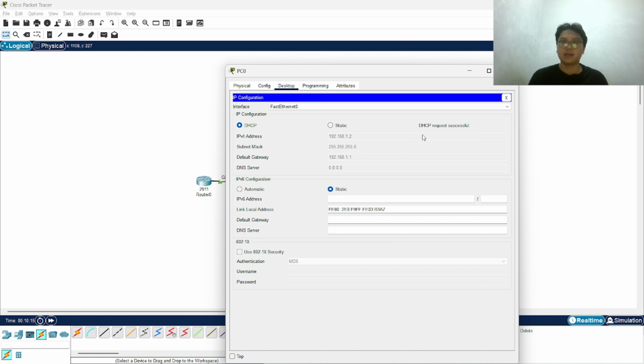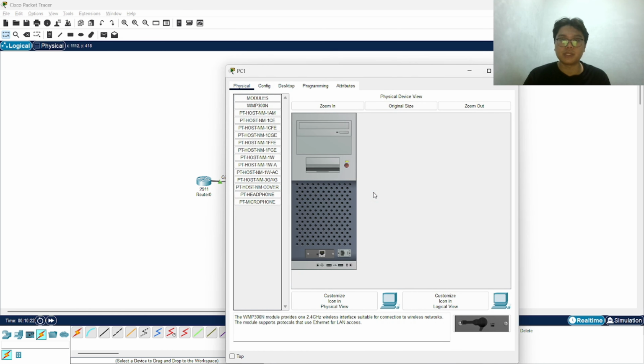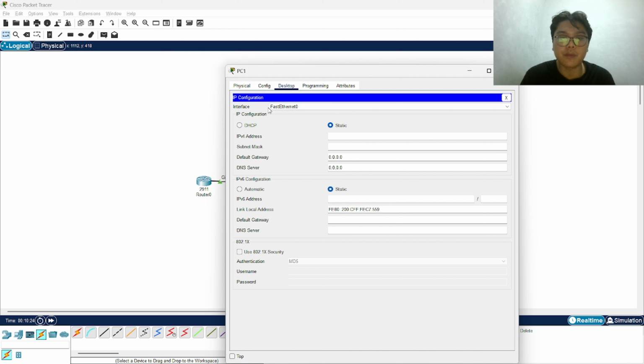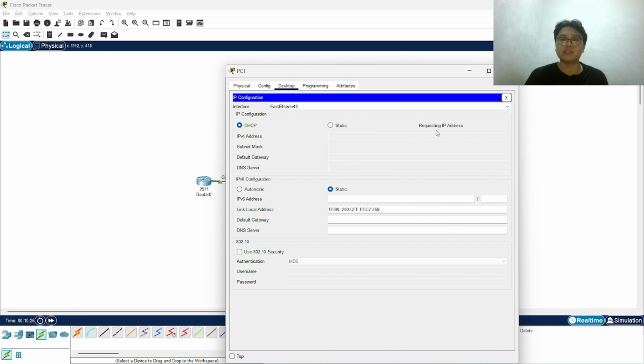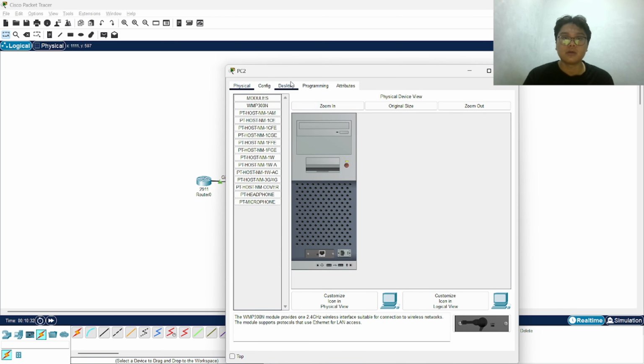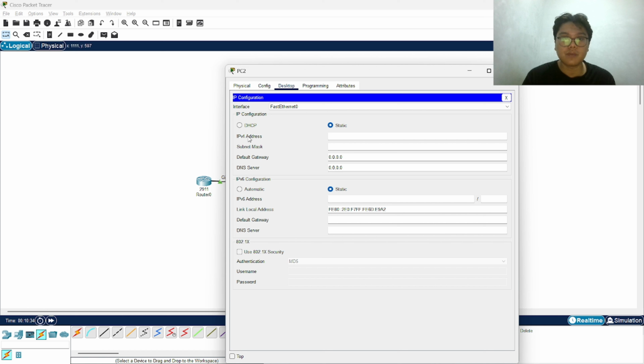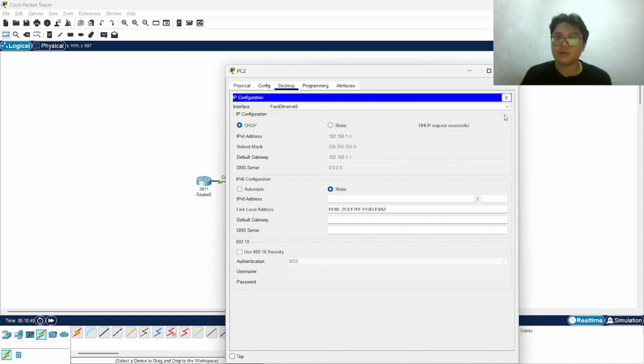Okay, the DHCP request is successful. Go to another PC, desktop, IP configuration, and request the DHCP address. Then successful. Do it on another PC, IP configuration, and DHCP. Okay, everything is automatic.